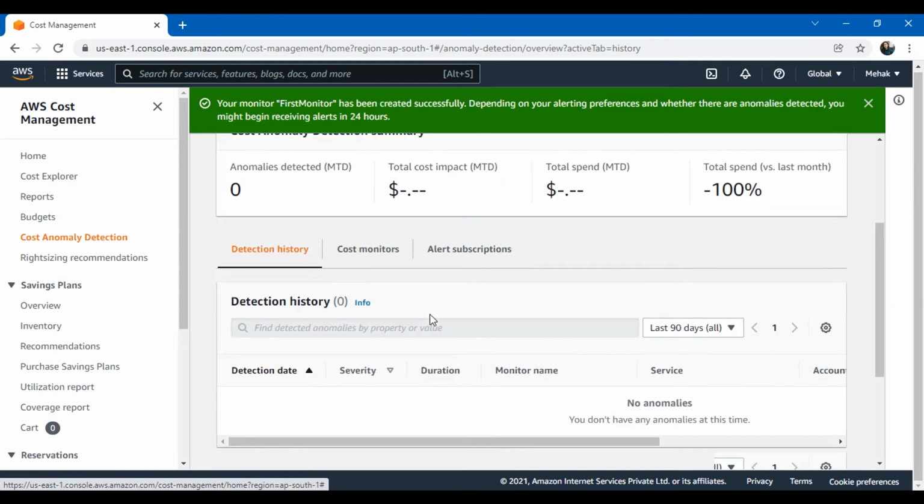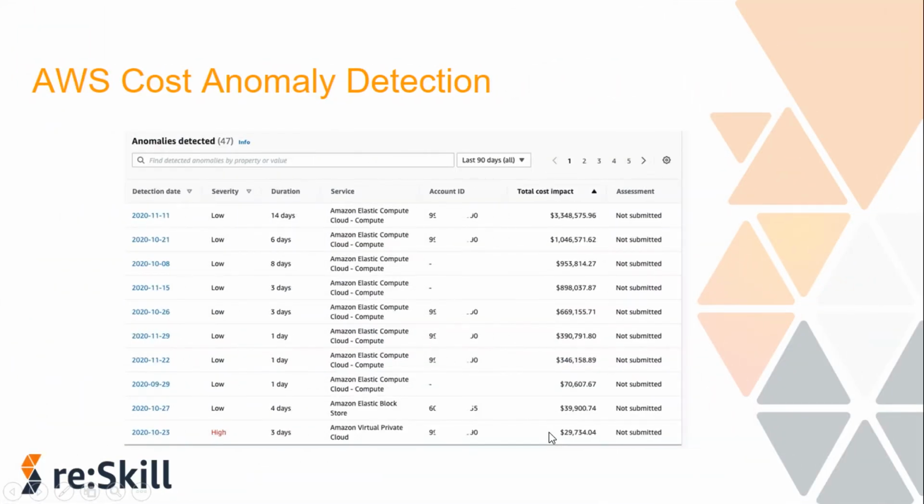Now let's go back onto the slides and let me show you how the anomalies will be coming. Here I have taken a screenshot. I have saved an image for showing you how the results will be appearing in the detection history. You can see the date, along with the severity, whether it's low severity or very high, and also the duration. The service will also be shown as the root cause. This is the one which is incurring much of the cost. There are some anomalies found in this service, and all the details will be given, and accordingly you will be able to edit them, so that the cost should not increase unnecessarily.